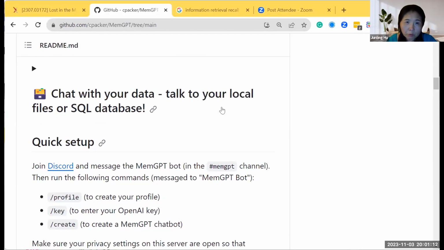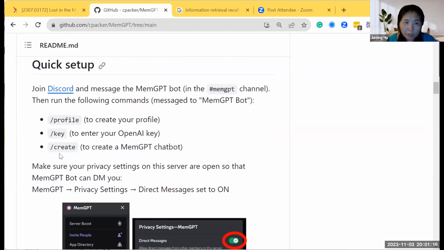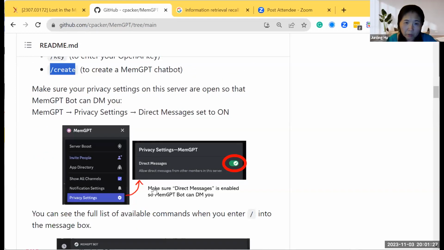So this is very useful. The way I started my first bot, essentially I just type this profile, an OpenAI key, and then create, then the bot is initialized.